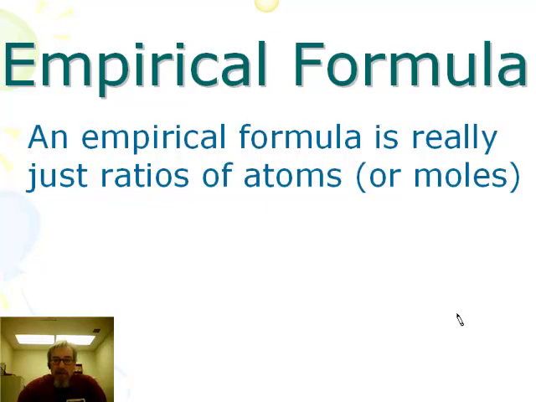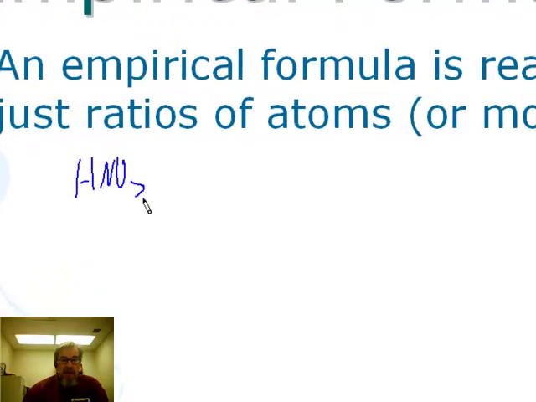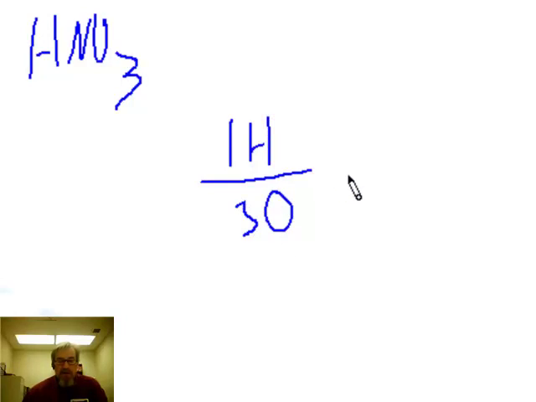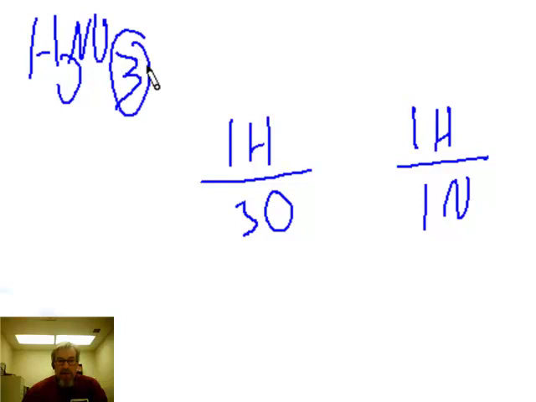An empirical formula is really just a ratio of atoms that are in the compound, or moles. So for example, say we had HNO3 as a compound. This is what that formula really means. It means for every 1 hydrogen mole, there are 3 oxygen moles. And for every 1 hydrogen mole, there is 1 nitrogen mole. The subscripts give us these ratios: 1 to 3, 1 to 1. So that's our objective. We want to find out what those ratios are so we can turn them into subscripts